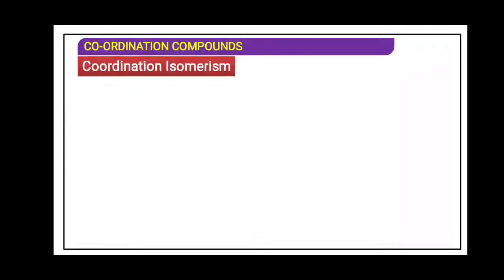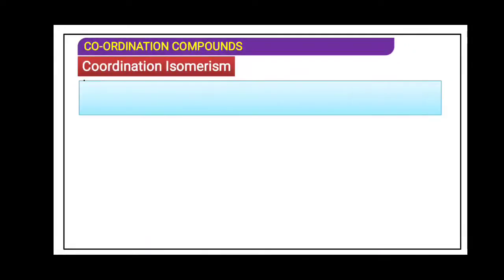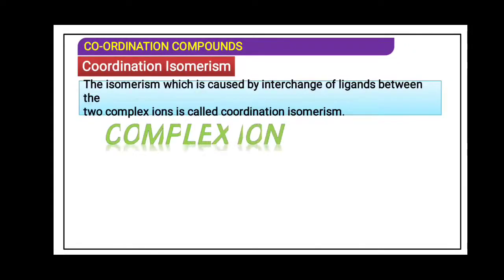The last one is coordination isomerism, very important, try to understand. Over here you will be given 4 examples in which all the ligands are getting exchanged. All the ligands are getting exchanged, try to understand. This is one pair of complexes, that is copper ammonia complex and platinum chlorine complex. And this is another pair, that is platinum ammonia complex and copper chloride complex.